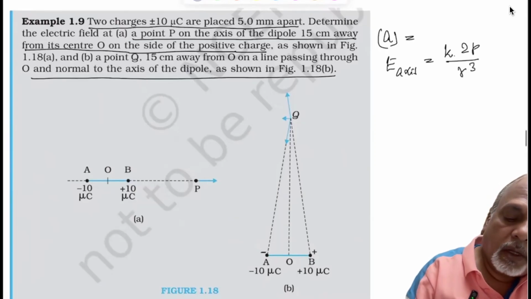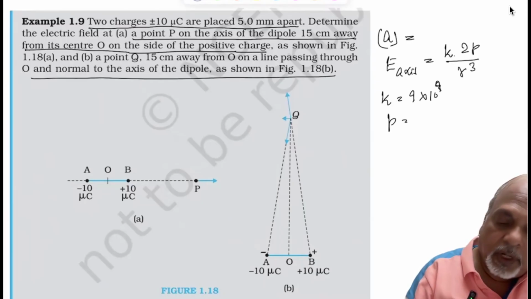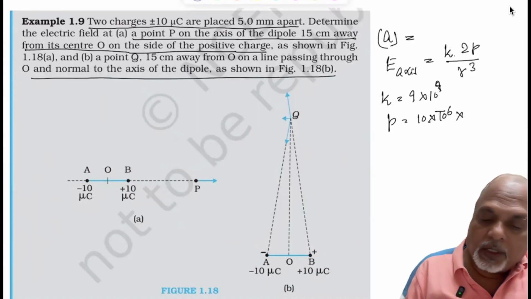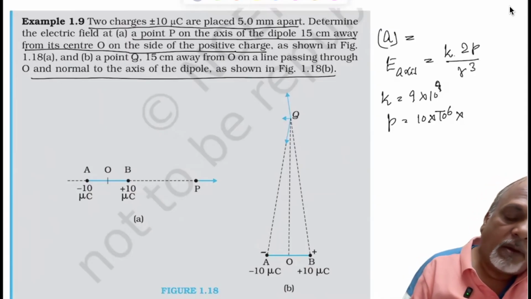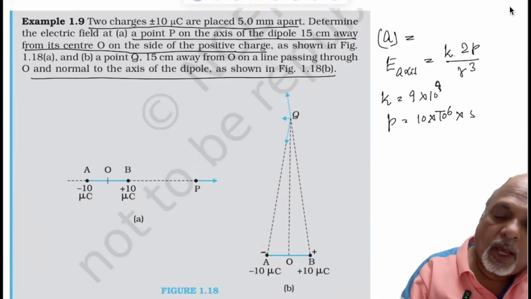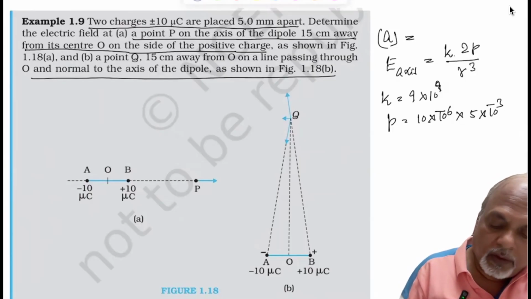Here, K you know 9 into 10 raised to 9. P we have been given, that is 10 microcoulomb, 10 raised to minus 6, into distance 2A. Distance is given between them, 5 mm apart. So 5 into 10 raised to minus 3. This is the value of P